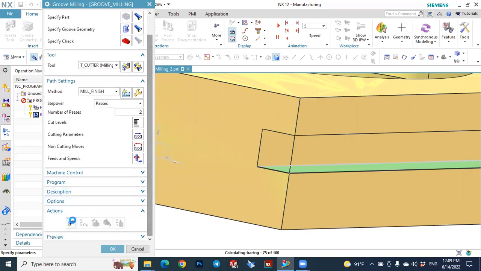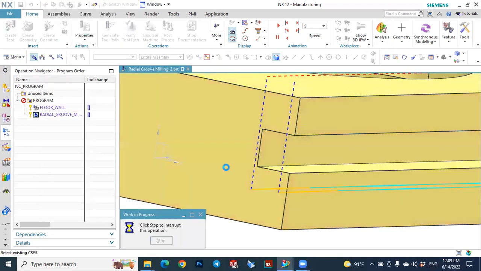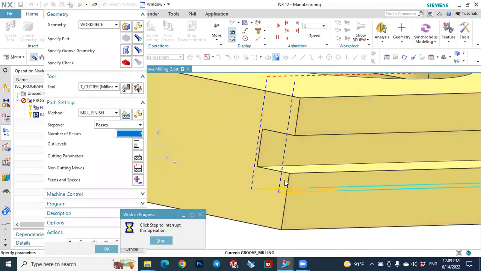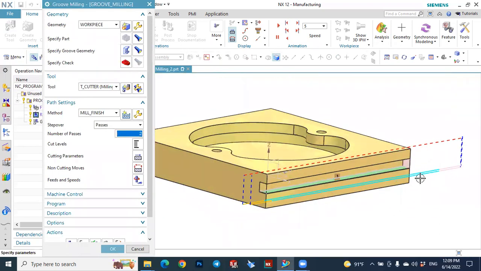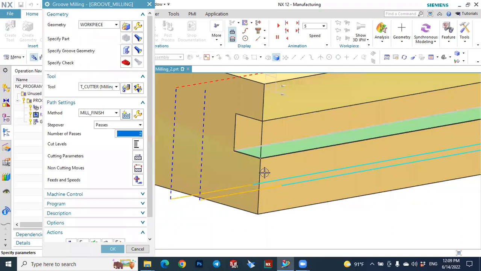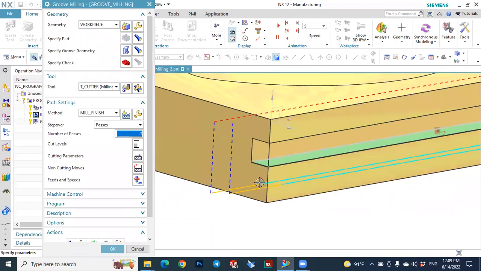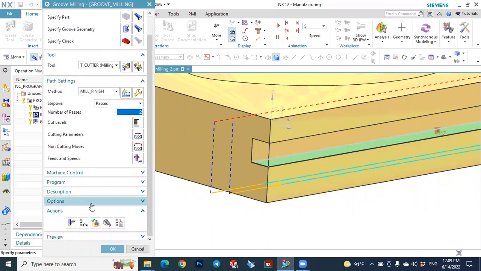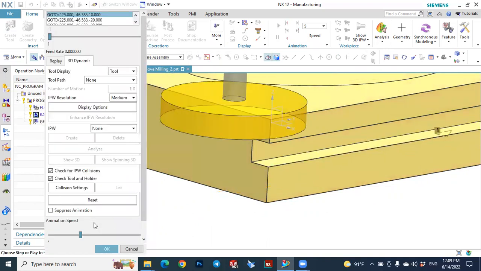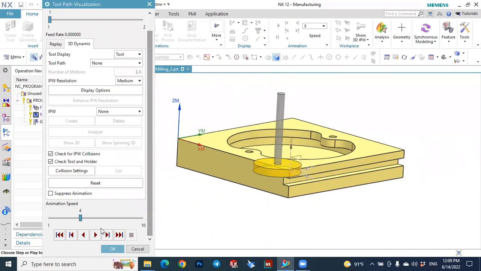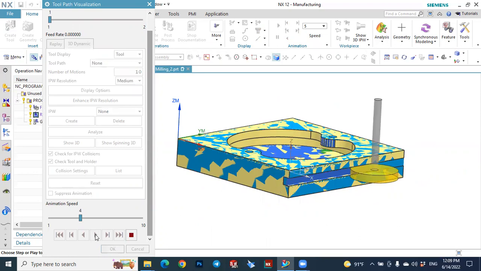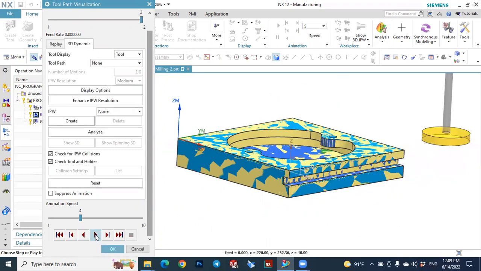Now let's generate the tool operation, the tool path. You see the tool operation with the 2 passes generated: 2 passes along the horizontal direction, and only 1 pass along the vertical direction, since the depth of the groove is the same as the tool. Now let's verify it. Let's just play it. So you see the 1 pass and 2 passes along the